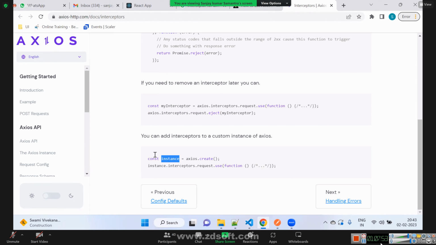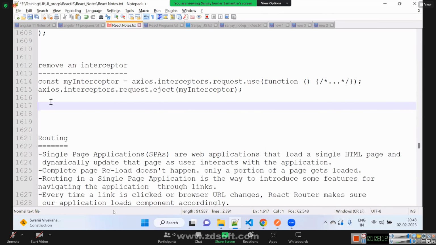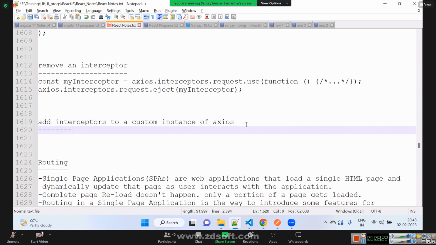When we have client, on the client we can add interceptors to a custom instance of Axios.